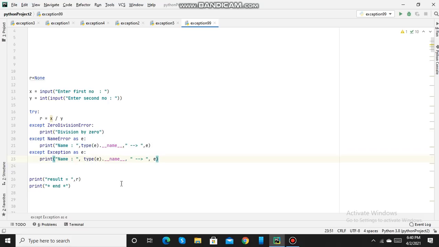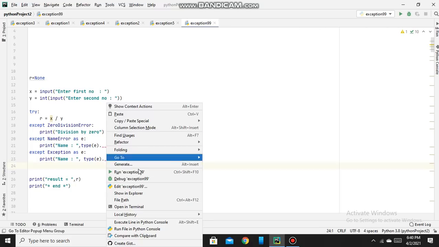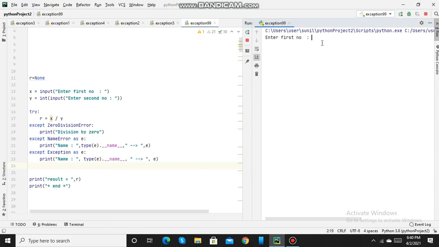So I will run this again. The name of the error is type error, and it is because we are dividing a string by an integer. So now I have caught this exception. It is a type error.